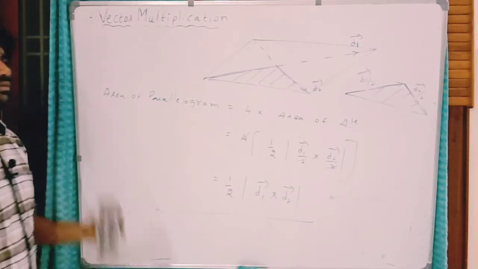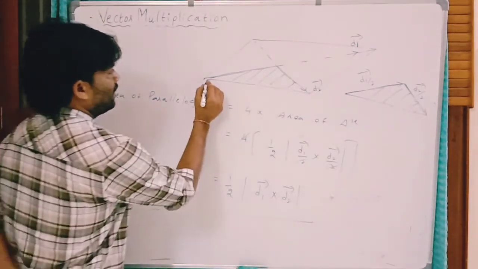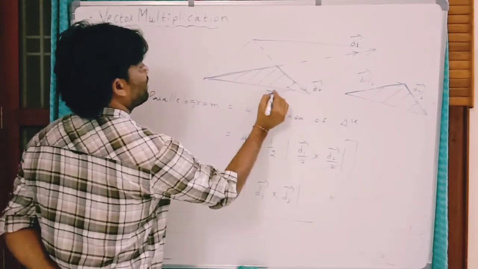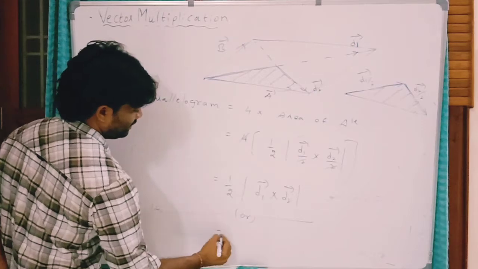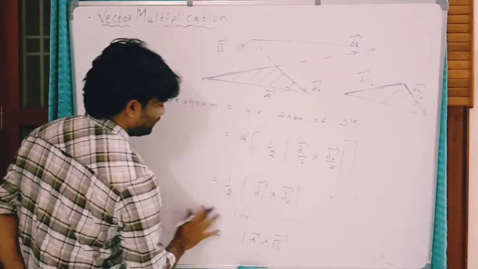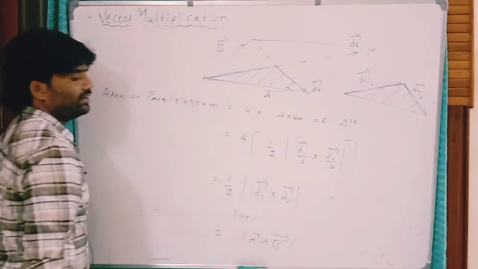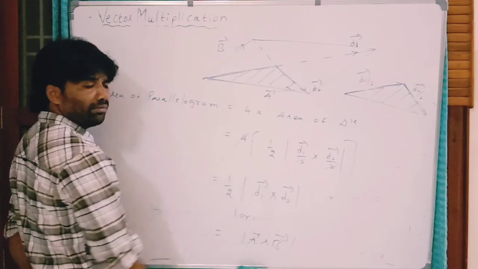So this is very important. If these are the 2 adjacent sides, if it is A vector and B vector, then its area is mod of A cross B. If they provide adjacent sides in vectors, then you can do the magnitude of the cross